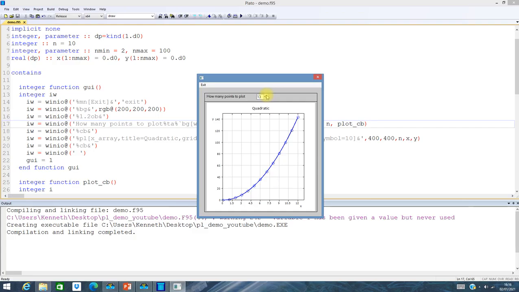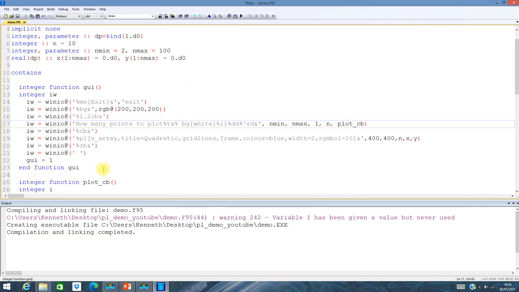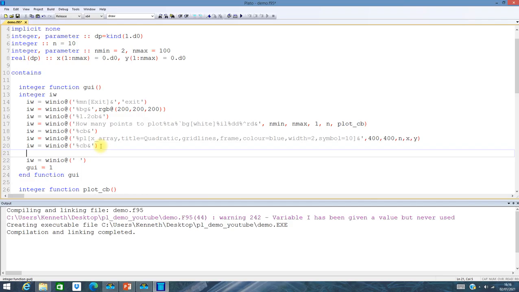So this works fine, apart from the fact that when the window is initially created, we have a blank graph. It would be nice if we could display the window with the graph initially drawn, and we can do that quite simply. We add another callback,